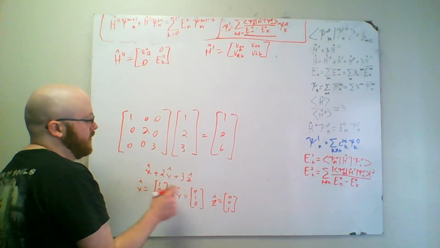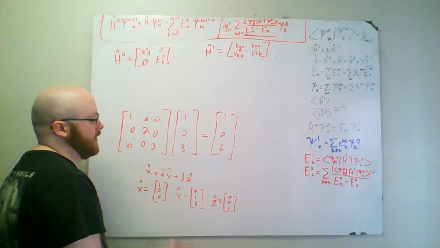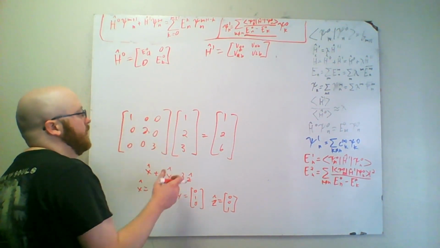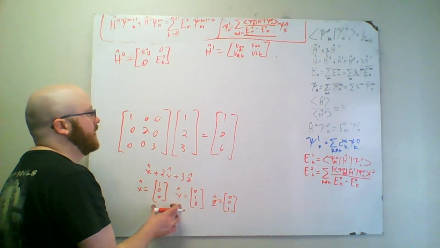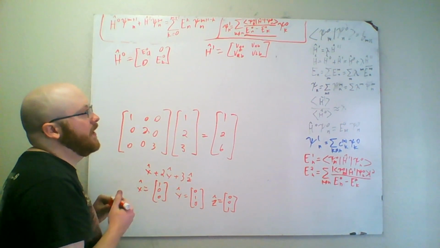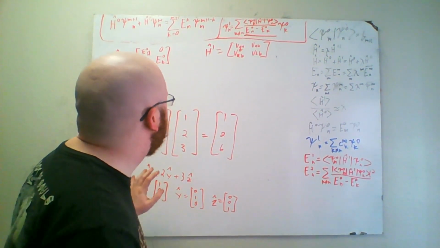Yeah, so these are also the eigenvectors, alright? So if you get a diagonal matrix, the eigenvectors are just these guys, right? Okay, so now what I'm going to do, and this is something that shows up a lot, is